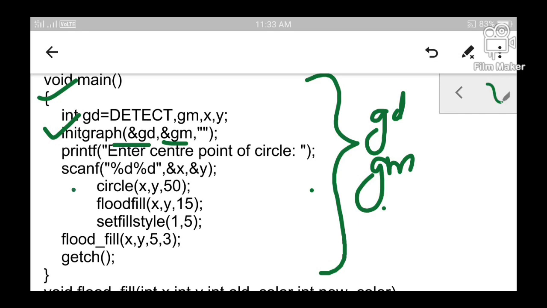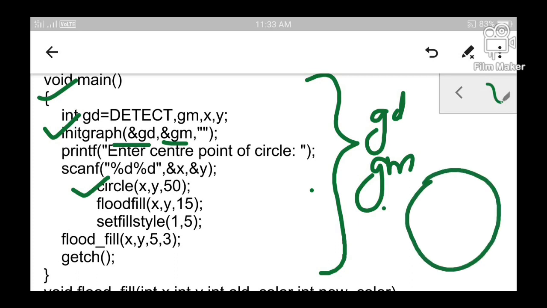So here I have decided to draw a circle. I am going to draw a circle, and we know that the circle function is having 3 parameters in it. One is the center point of the circle, that is the circle center, which constitutes of 2 parameters x and y, and the third value is the radius of the circle. So x, y and radius. x, y together contributes the circle center, and the last parameter contributes the radius of the circle. So I have decided to draw a circle here.